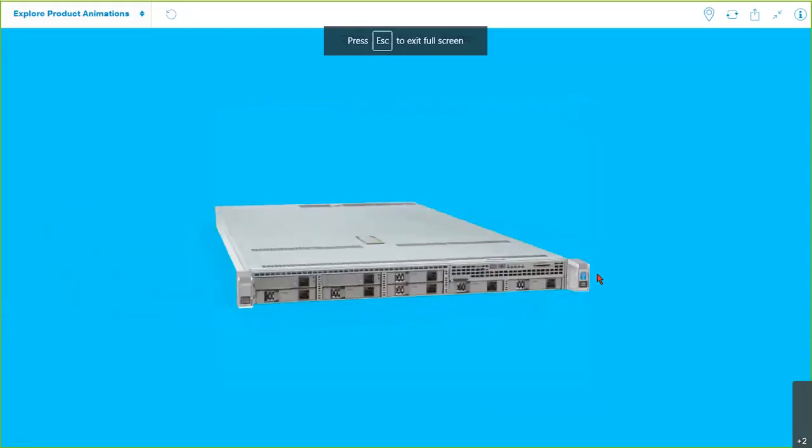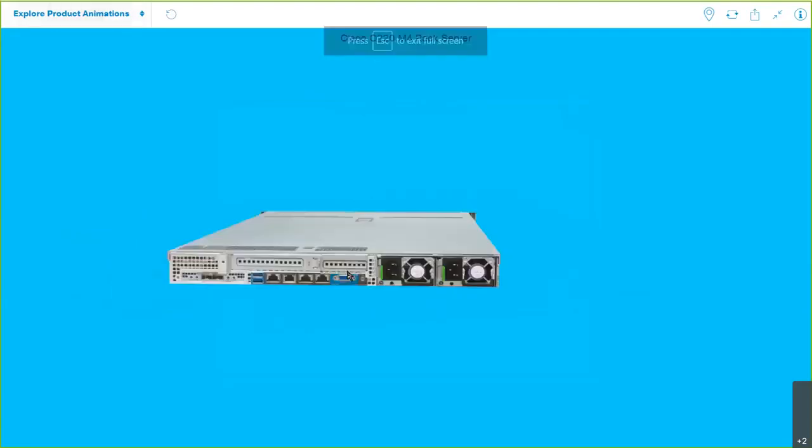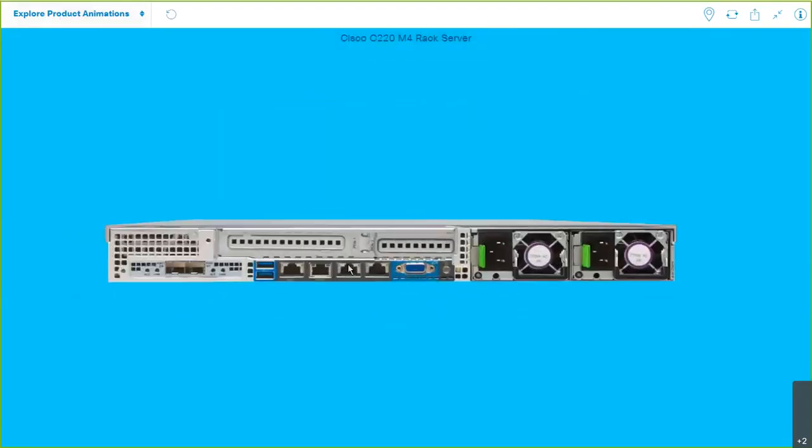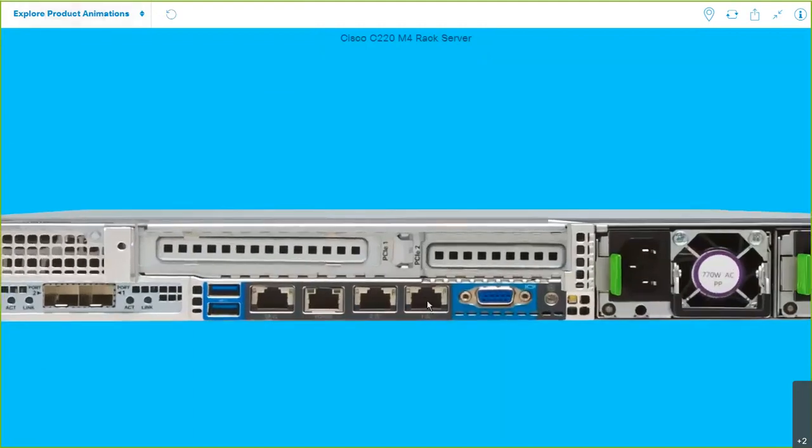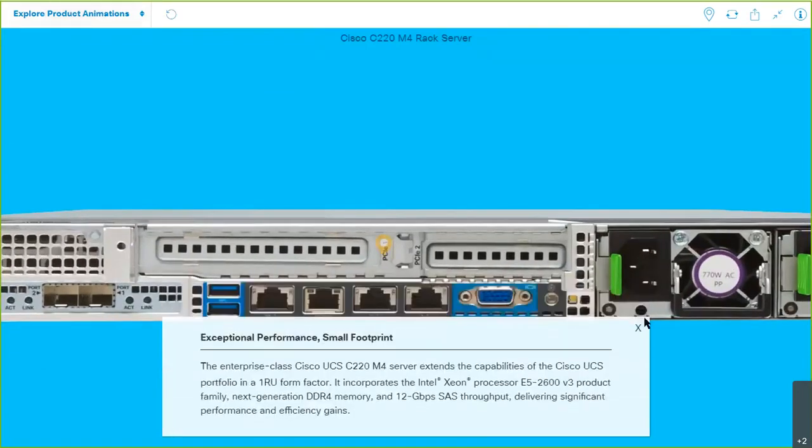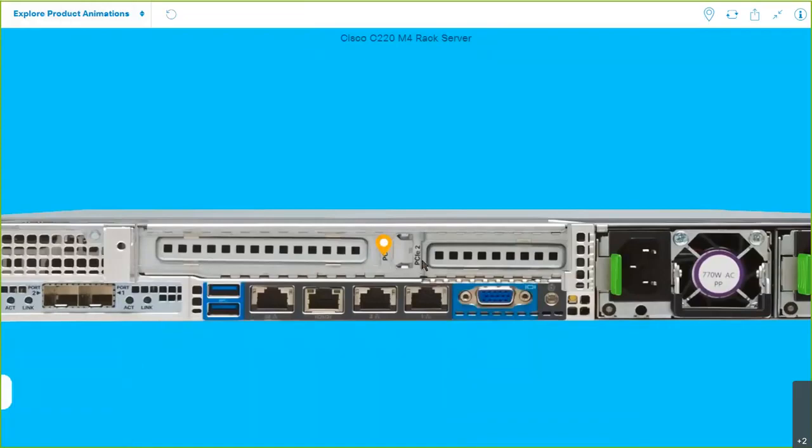On the back end, you have four network cables. These four are not enough. You have PCIe slot 1 and PCIe slot 2. Two slots are there, right? You can remove these two slots and insert whatever components you would like to insert on this system. Agree on this point? Yes. These two are dummy plates, so you can remove them at any point of time and insert the components which you would like to use in your system.